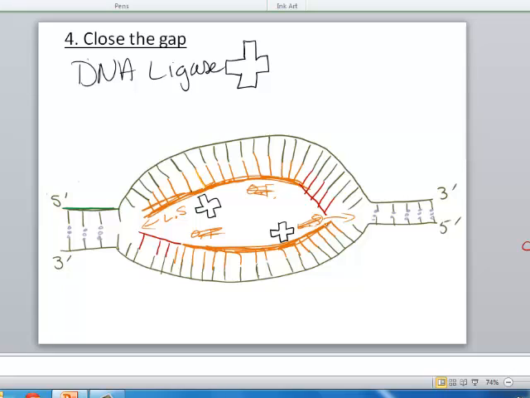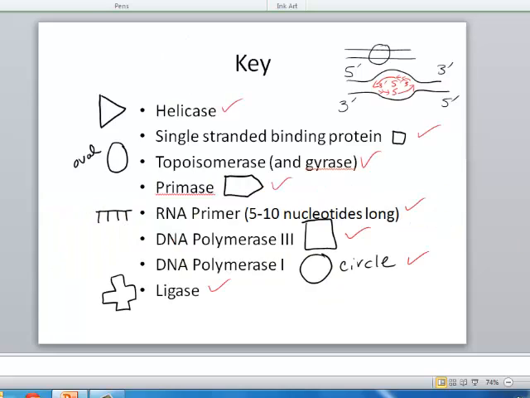And again, going back to, let's look at our main players. Helicase separates the DNA double helix. Single-stranded binding proteins stabilize the single strands. Topoisomerase and gyrase alleviate the over-twisting in front of the replication forks. Primase adds 5 to 10 nucleotides randomly to make an RNA primer, which can then allow the DNA polymerase 3